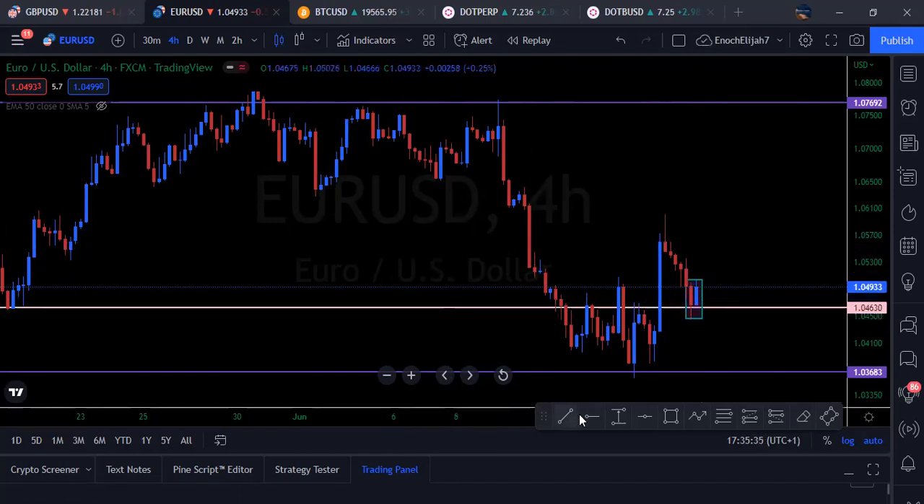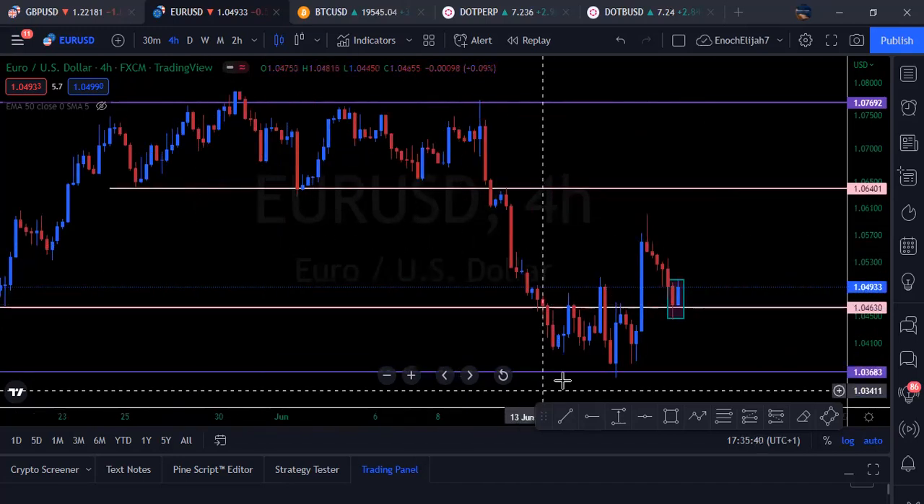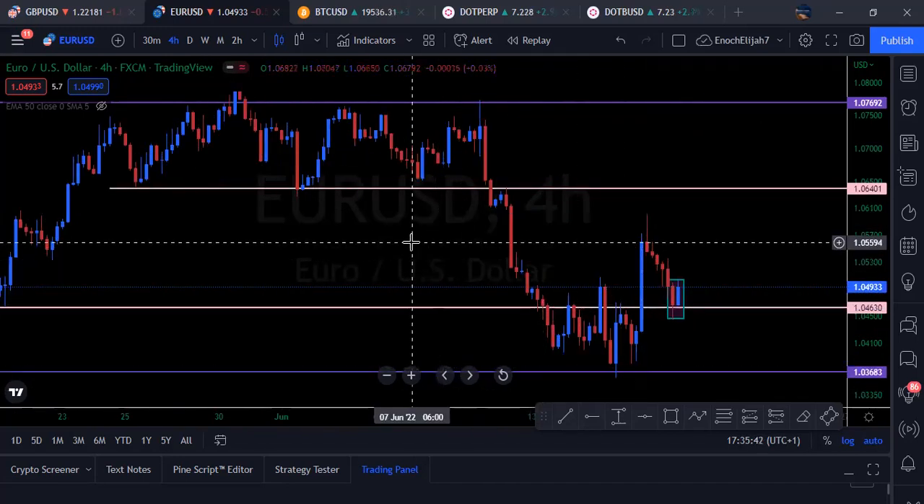So what am I buying to? Now this is the next key resistance level, and this zone to this last one. So I will take my buy